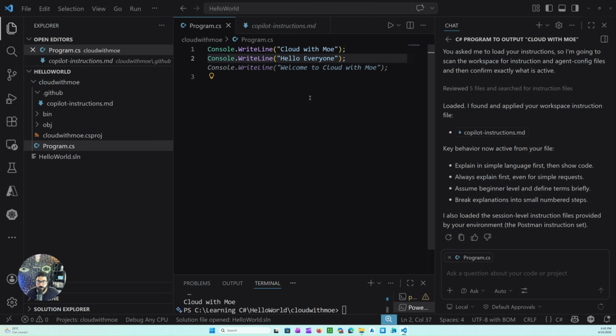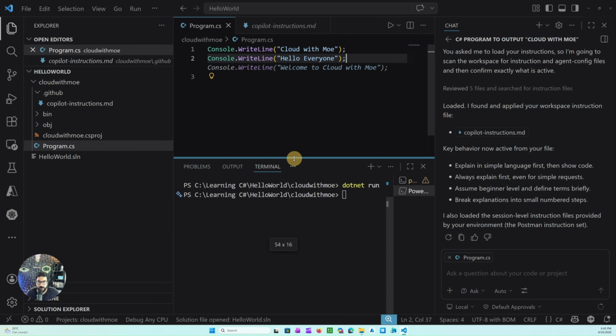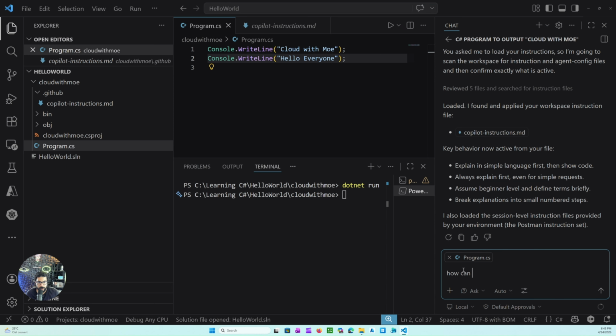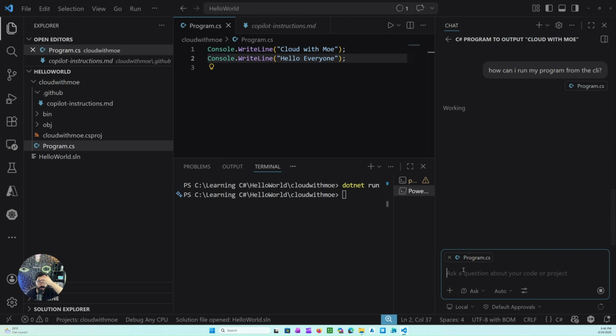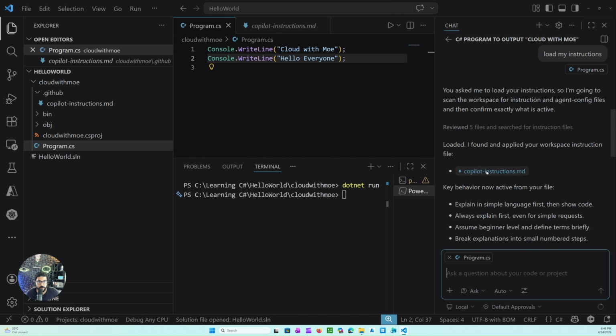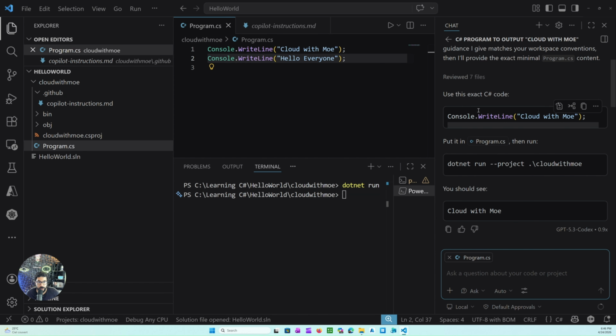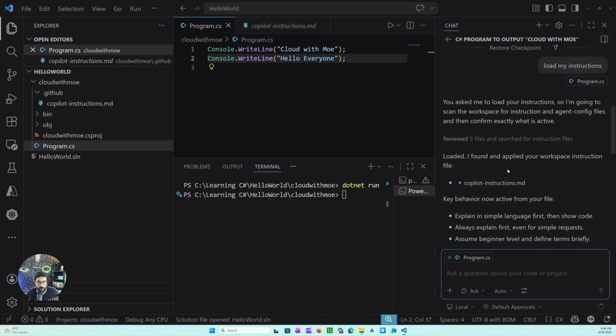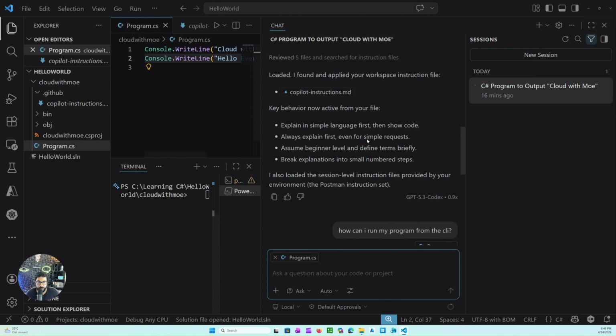So if I save my file, Control S in Windows, and then run this again, I can actually ask here, how can I run my program from the CLI? Without saying explain it to me, it should now give me a better response than the previous one. As you can see, it now gives detail. The previous one just told me, hey, this is how you write the code. Done. No explanation, nothing. But now, because I've loaded my instructions here,